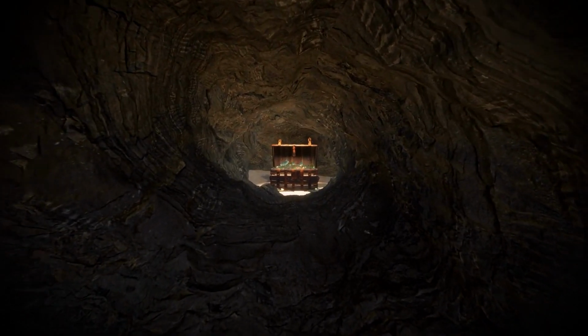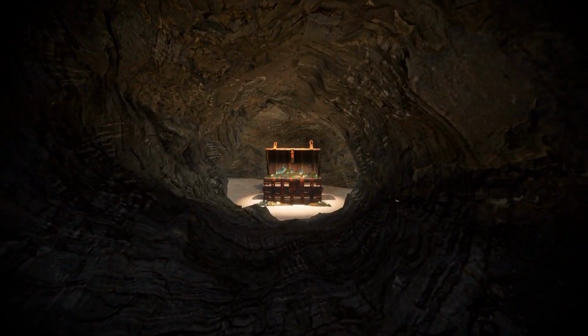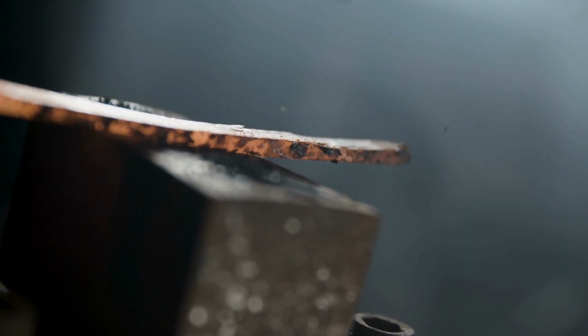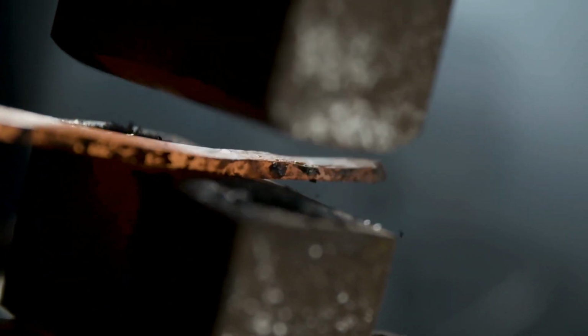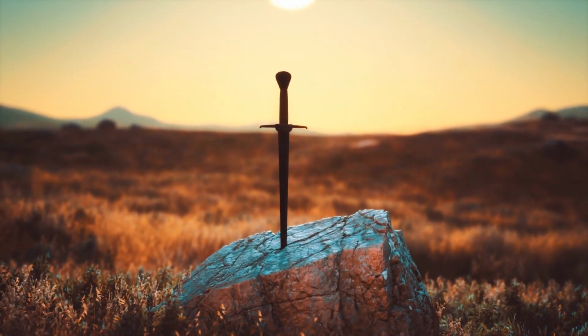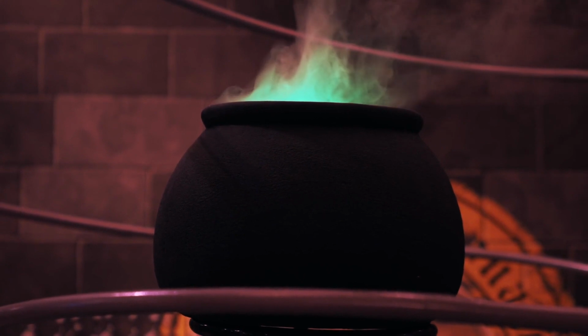But when we became invested in our characters and settings, one of the topics that would always come up in one form or another would be about crafting. Maybe there's a magic weapon like Excalibur we wanted to create that would go perfectly with our characters. Maybe we wanted to make our own magic potions, or maybe we wanted to compete against a local blacksmith and